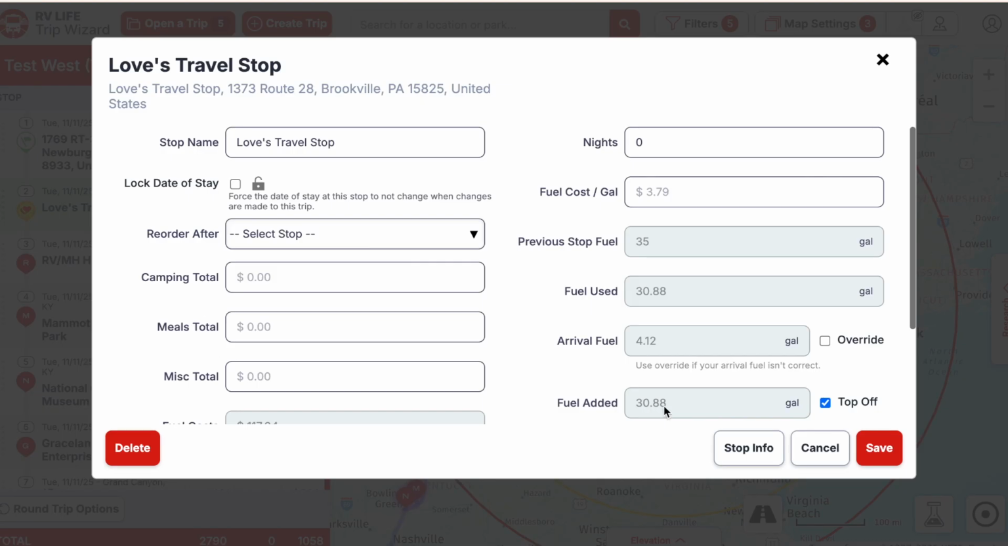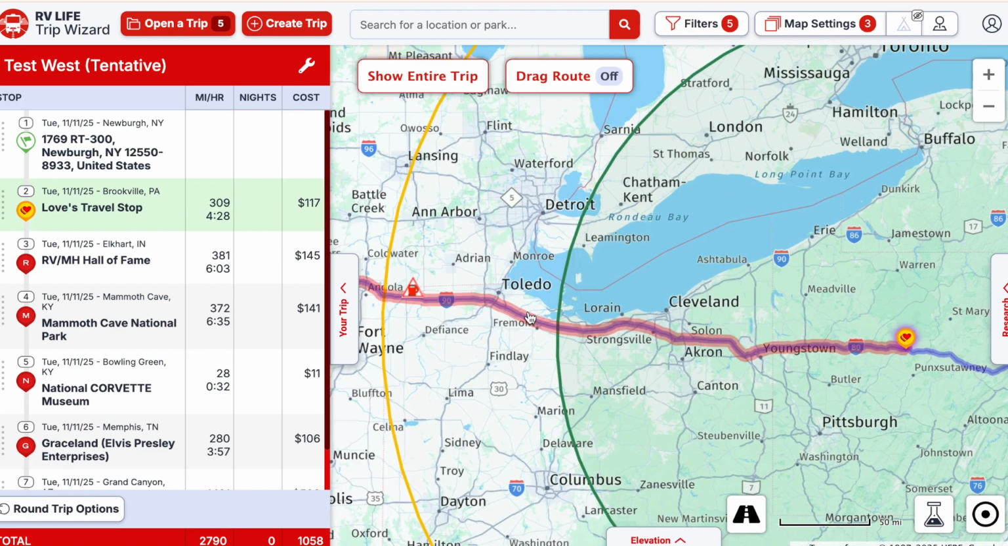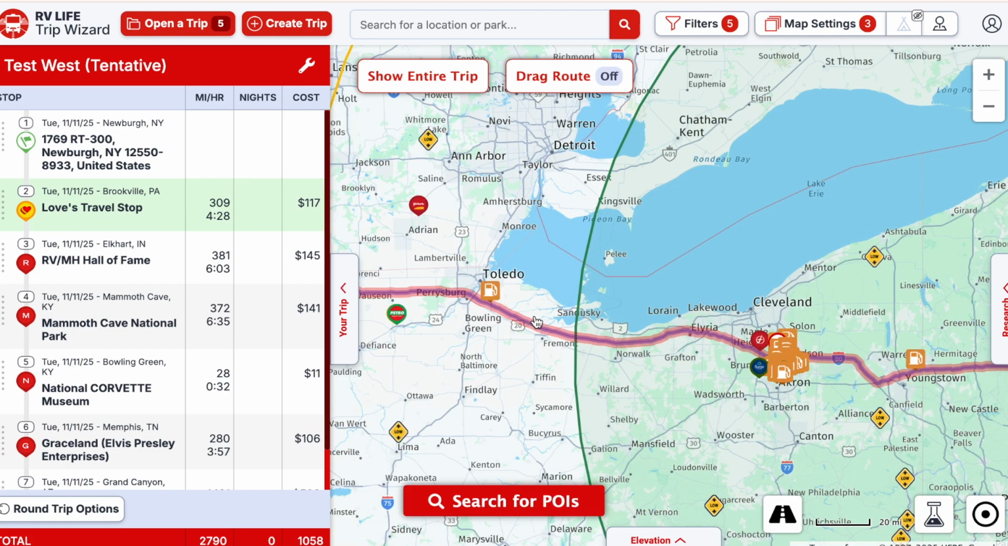But the bottom line is I can do this. So we're going to hit top off, a little right there, and then save. All right. Now you notice that this is now in the bullseye, and this is where we came from, and this is where we're going. And you'll notice, okay, now we got to establish another gas station. Let's try not to go as far as that,